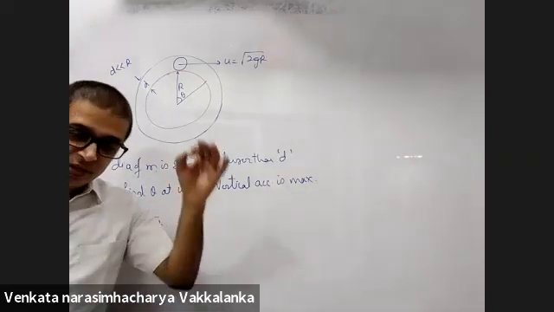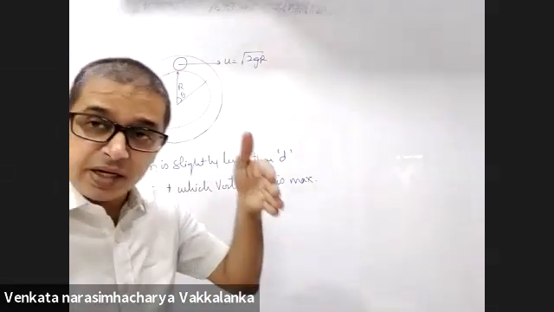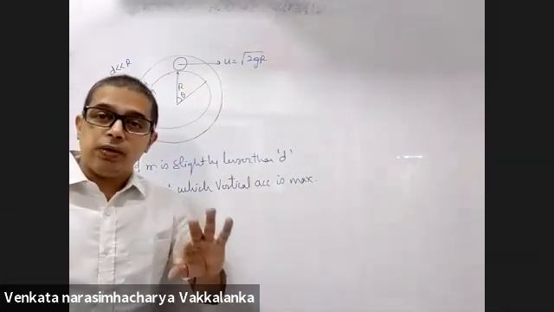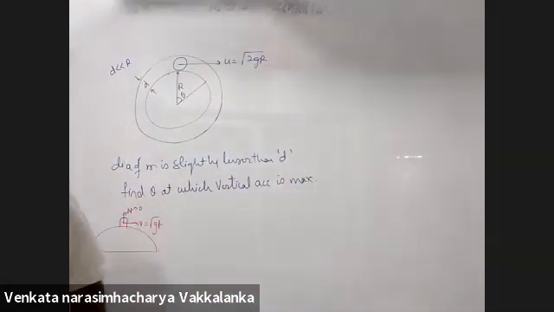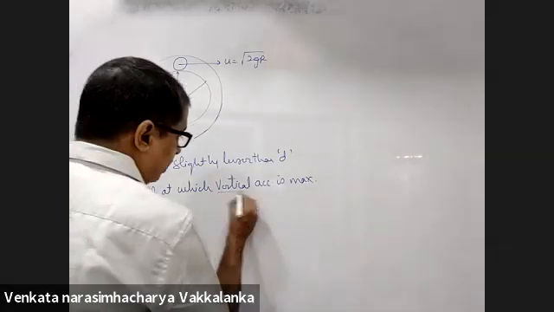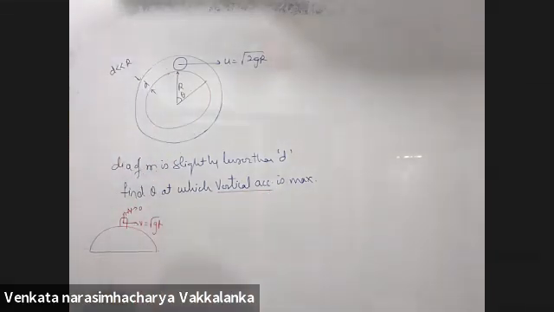Find theta at which vertical acceleration is maximum. Vertical to what? Vertical to ground. Will you try or should I discuss? We'll try. Sir, I had one doubt. Once you find the normal force, you have to differentiate that with respect to theta. Vertical force, not normal force. So we have to resolve the normal force first downwards. Right, vertical acceleration. Normal force.